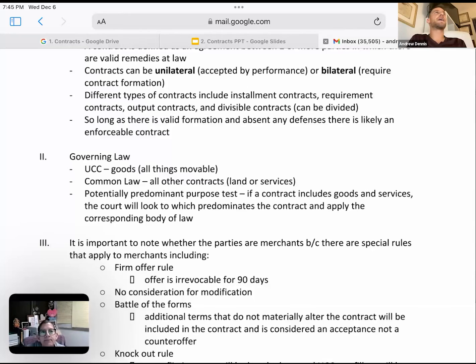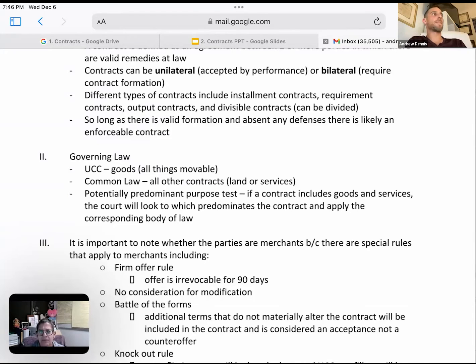Exactly. Okay. And on the MBE, they'll ask it more in that way of having forms. On the Florida essays, they ask things so abstractly that you can just talk about this. Like, are they merchants? And if they are, then this will be the way that the acceptance and the offer will